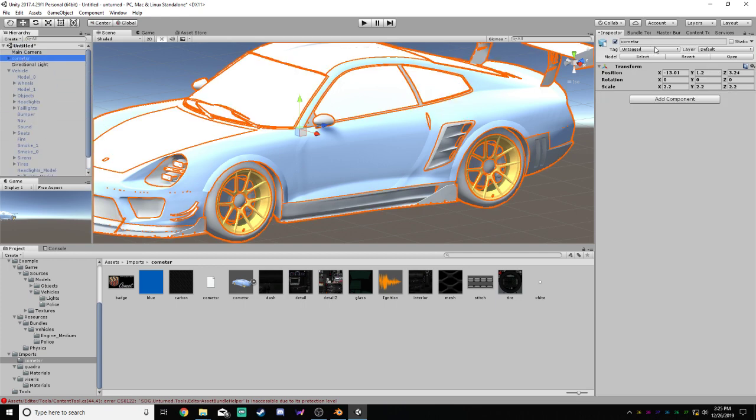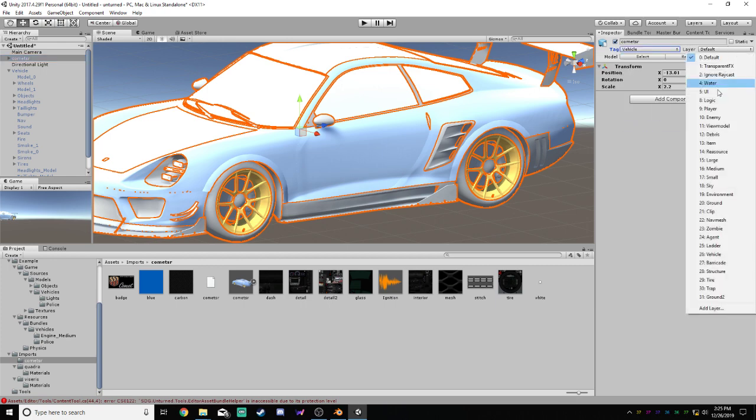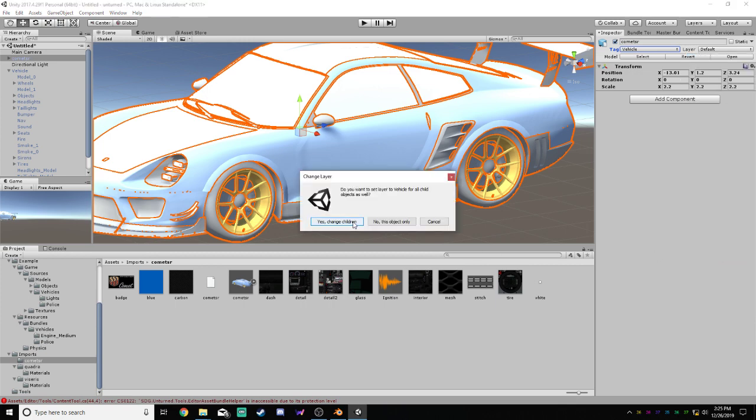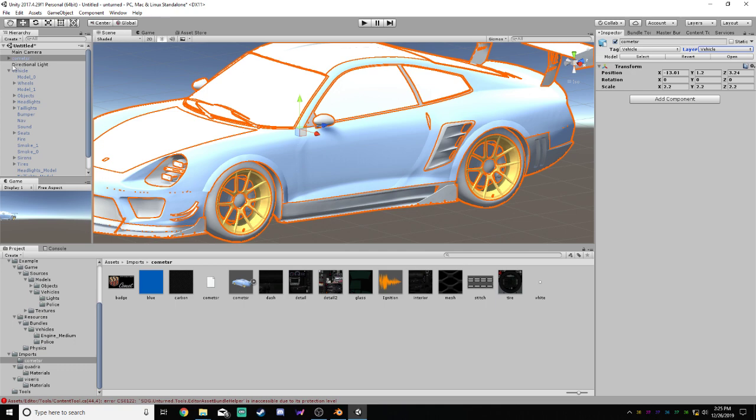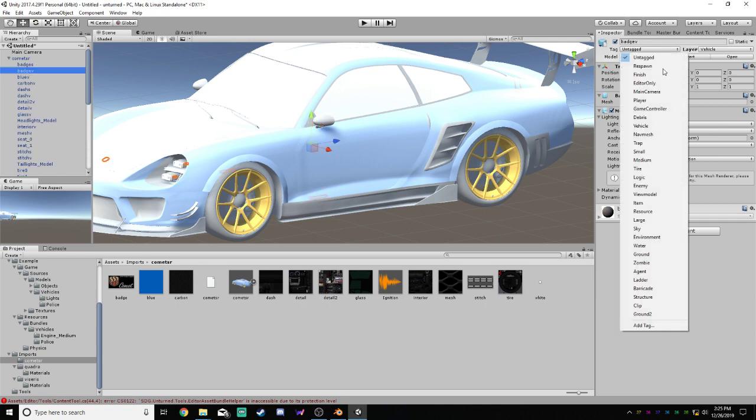So we need to select this and go vehicle, wherever vehicle went, vehicle, and layered into vehicle. Yes, change children, and then so anything, so model 0 and model 1 are both still tagged and layered as vehicle. So anything with the V is going to stay